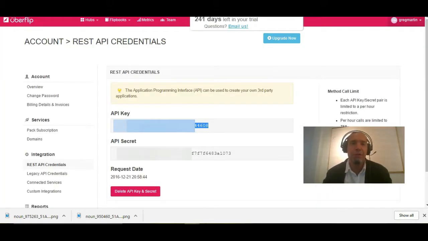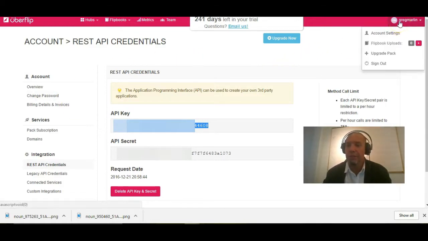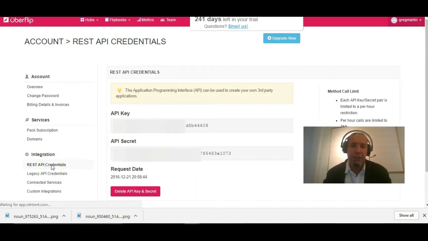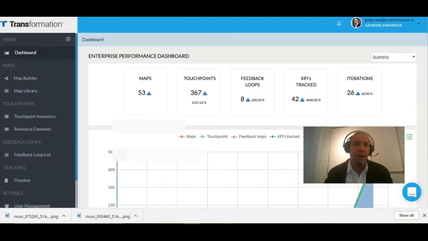So first thing we're going to do, we're going to go over to our Uberflip account. I got to this particular screen by first going to the top right and clicking on Account Settings. Under Account Settings, I come to REST API Credentials. If you hadn't generated one already, you generate one. That'll give you an API key, which I'm blurring out, and an API secret, which I'm also blurring out. But what you can do here is just copy what shows up, so Control-C, and then come over to your